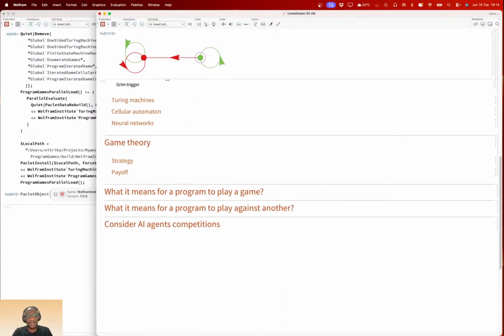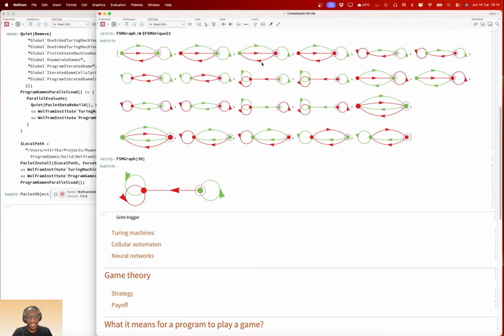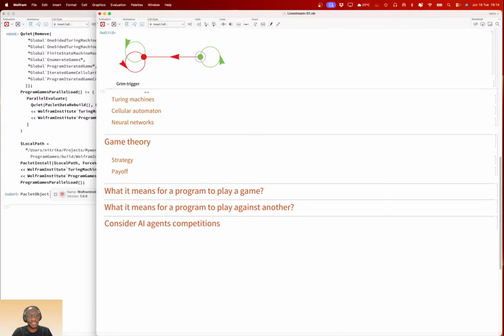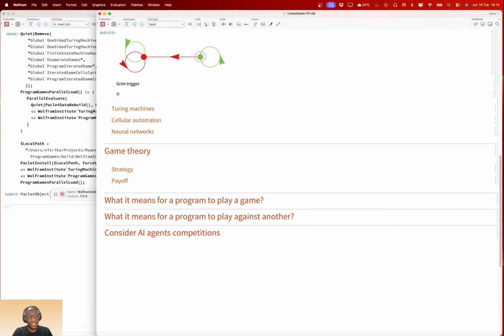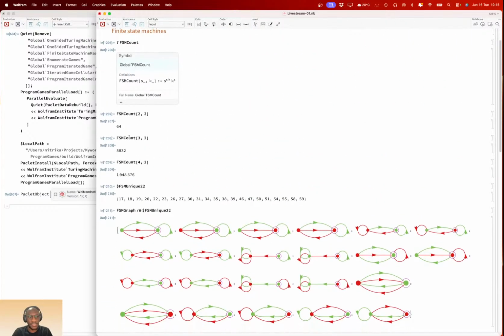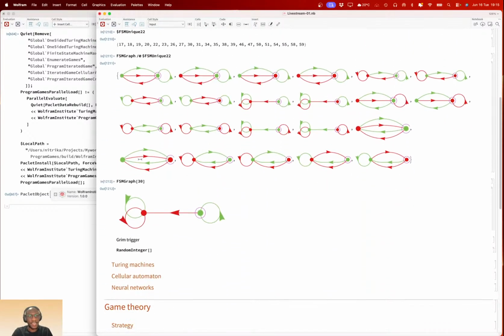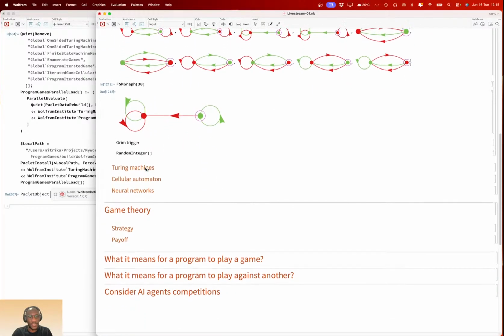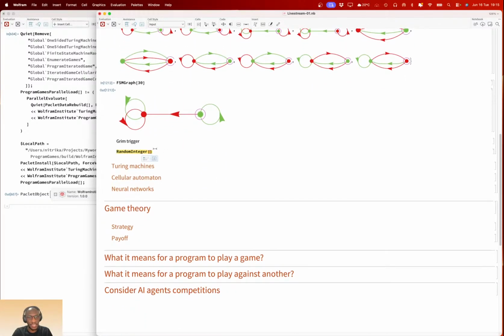You can ask about many other machines, right? This is just an example. How about a three-state machine? Let's pick a random three-state machine, a random integer. Three states give 5,800 machines.